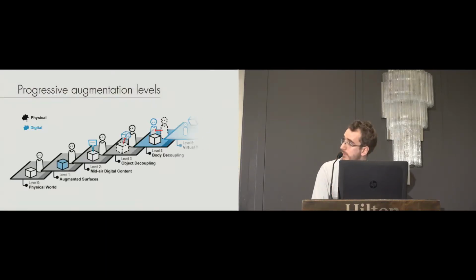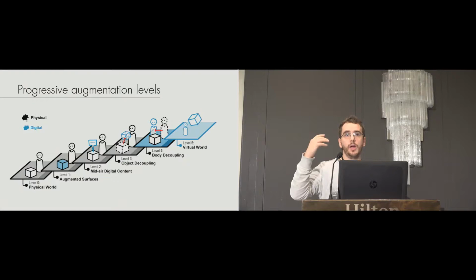So the idea of the paper is we present these incremental levels, and from my point of view, the conceptual side is more important than implementation, since the technology is far from being perfect. But the idea is we start in the physical world, we add digital information over the surfaces. When we need to have media information, we swap to, let's say, see-through, and then on and on we gain liberties. The important part is the moment we decouple